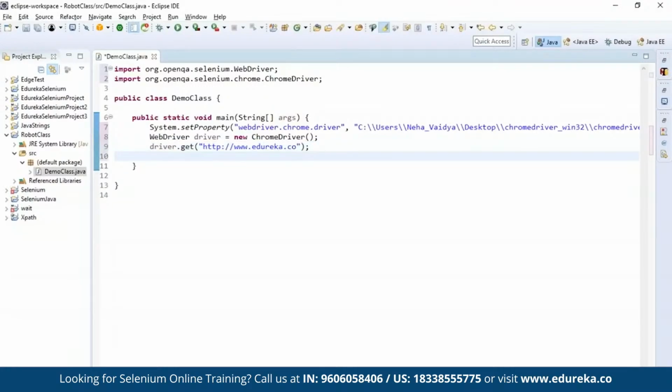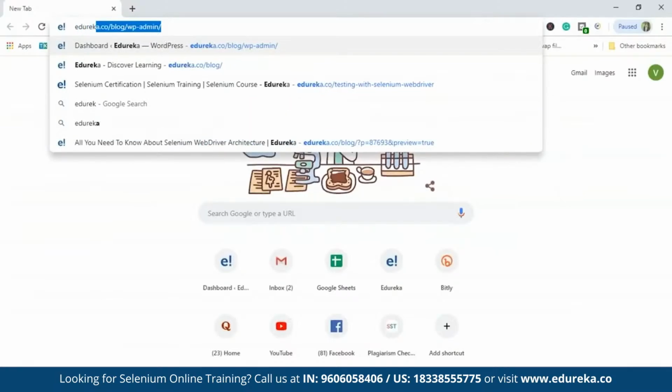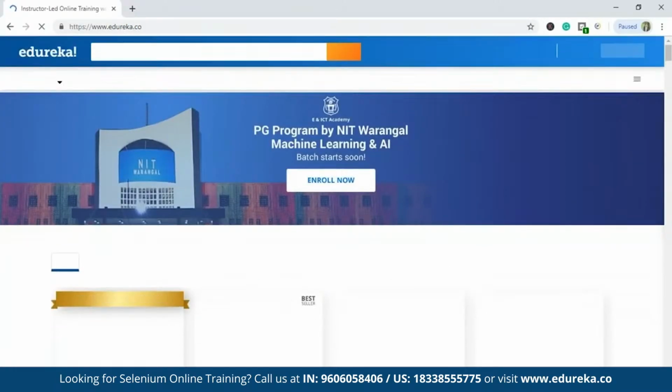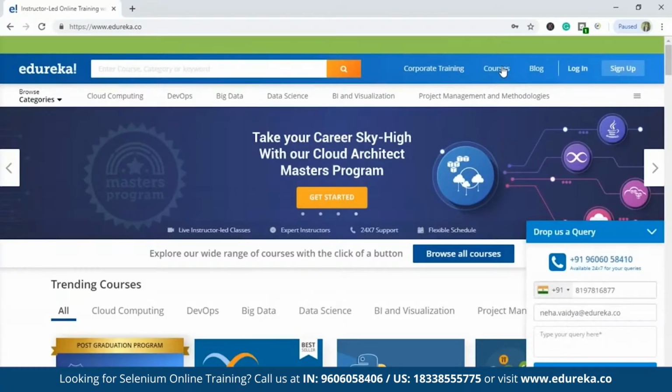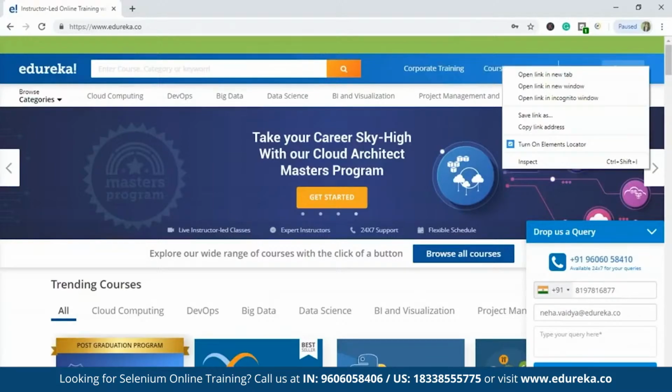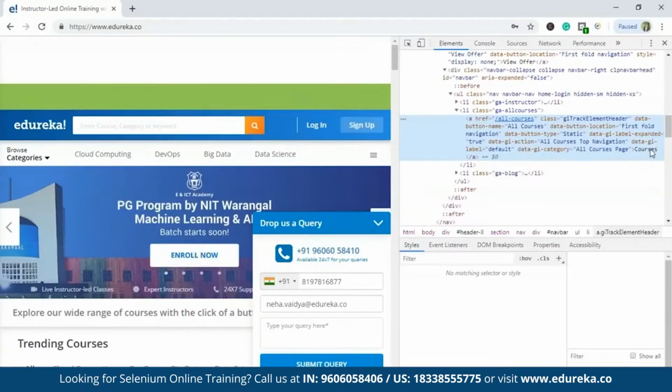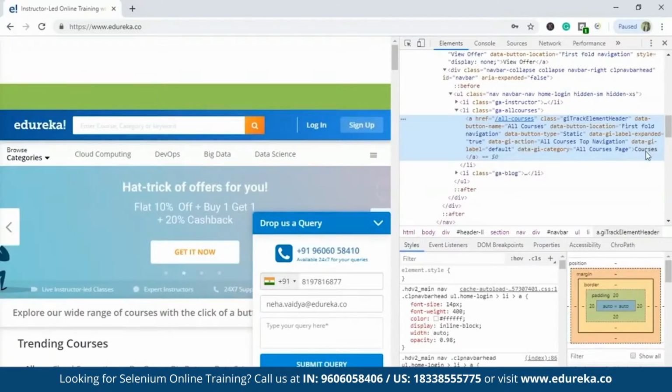Now let's go to our web page, edureka.co. So we're going to perform actions on this web page here. Now say you want to click this particular element on the web page. So I'm just going to inspect this. Okay, you can see that the link text is present. So I'm just going to copy this link text